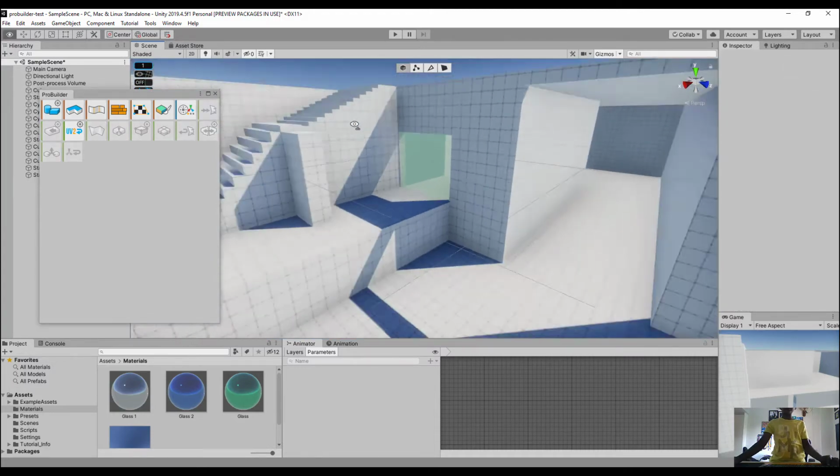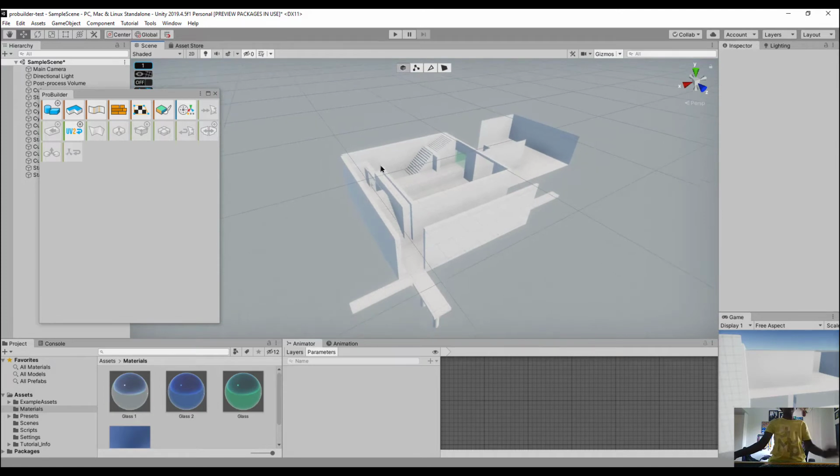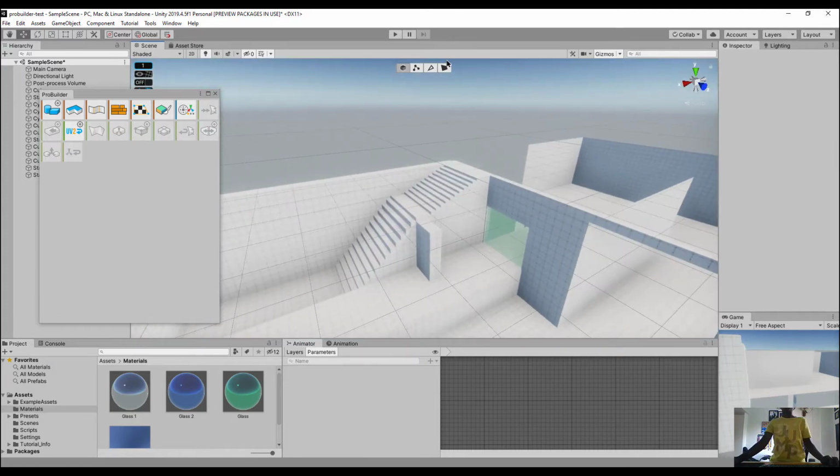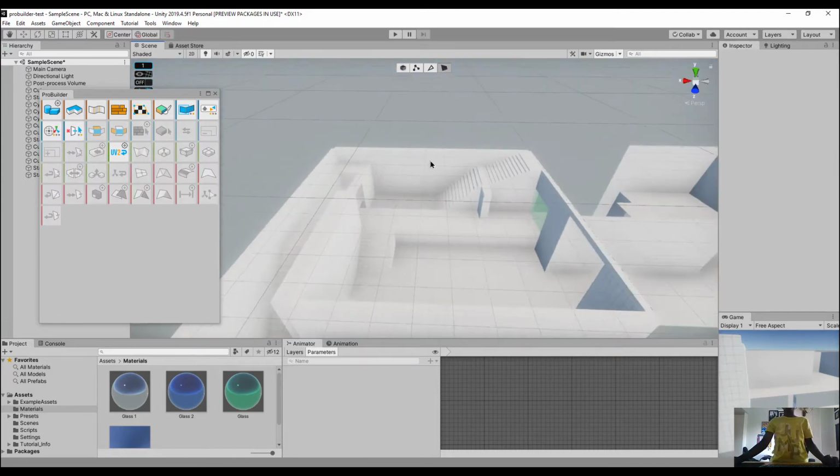I think this area looks pretty cool, actually. But not without the second floor loot. And so,